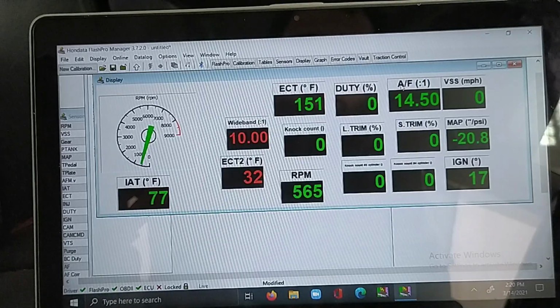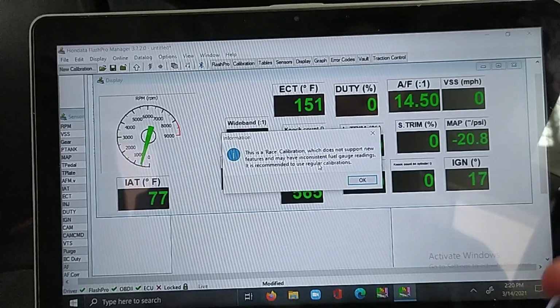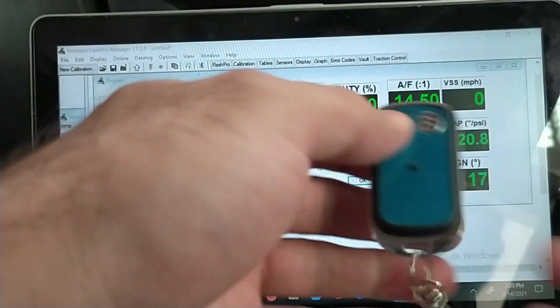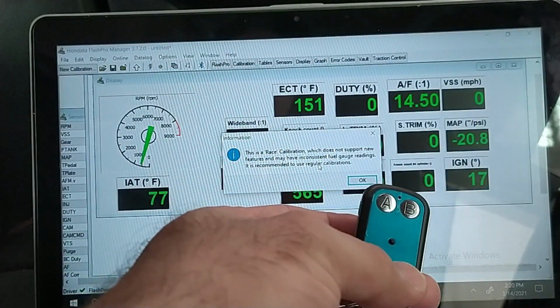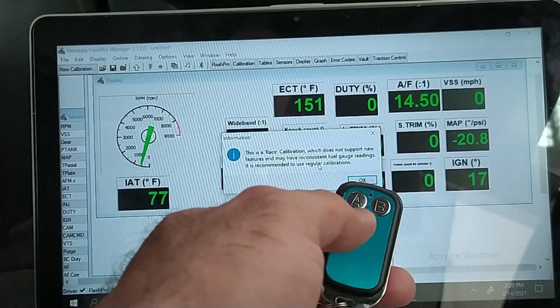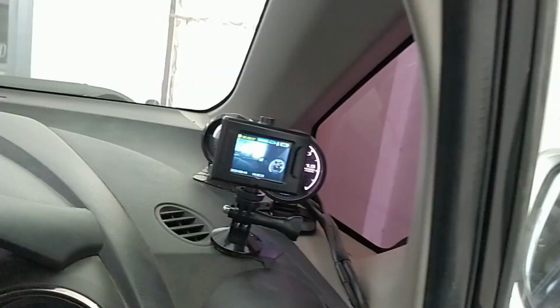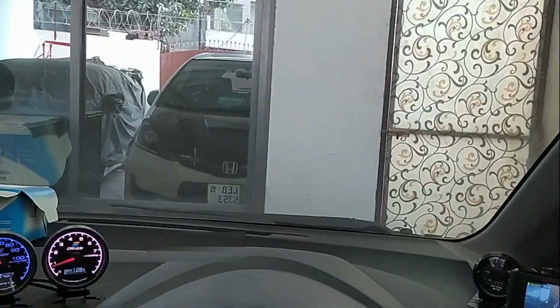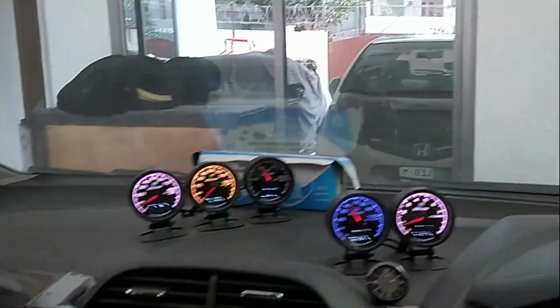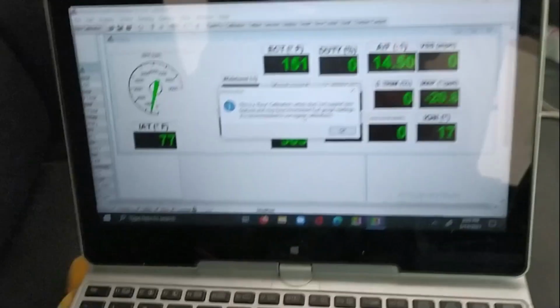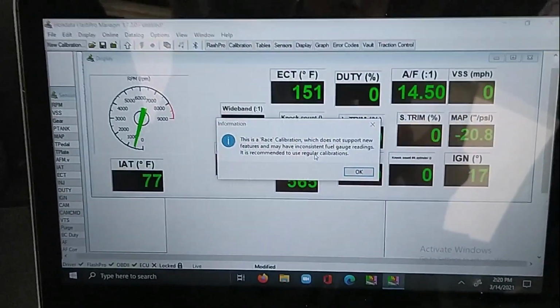So now I will upload the map. I will already be opening that butterfly valve which was closed in the previous session. That's why the boost was coming so late. So I will be opening this, plus I will also be recording with this little camera for the boost and the road, so that you can know more information. Okay, let's upload this map and warm the car and start our session.